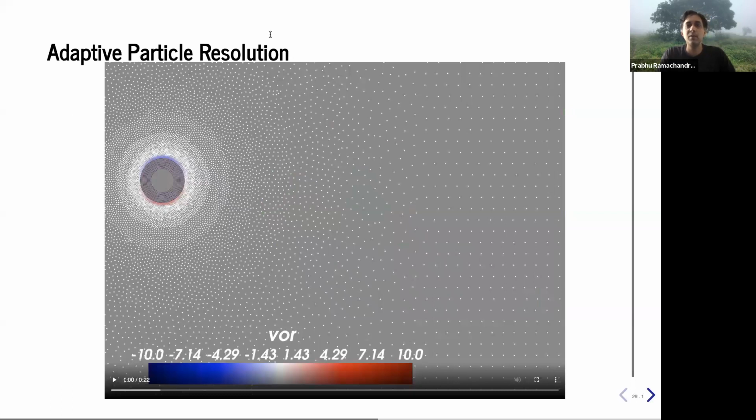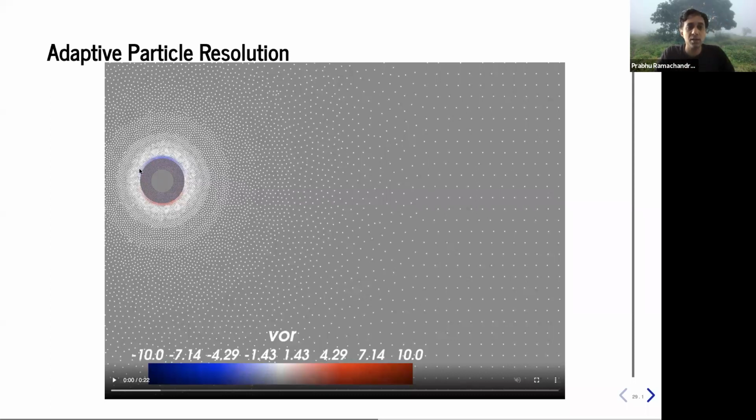And recently, in fact, just a week ago, we submitted a publication where we're looking at this aspect of computation called adaptive particle resolution. What we have here is flow from the left to the right. It's like a cylinder placed in a mass of fluid which is moving from left to right. It's a very classic problem. What you have here are particles, these dots you see here, and they are very sparse here. As you move closer to the cylinder, you can see that it starts getting more and more dense. This is also done with SPH, and it turns out that this is a non-trivial computation. It's very hard to do these kind of computations in SPH.